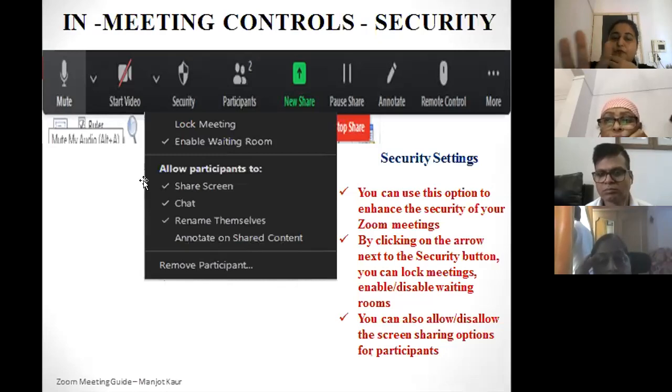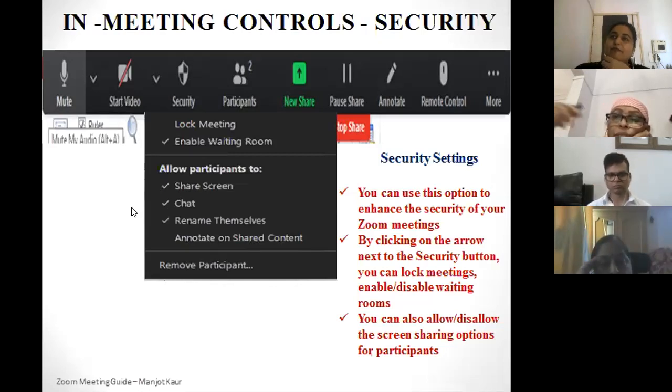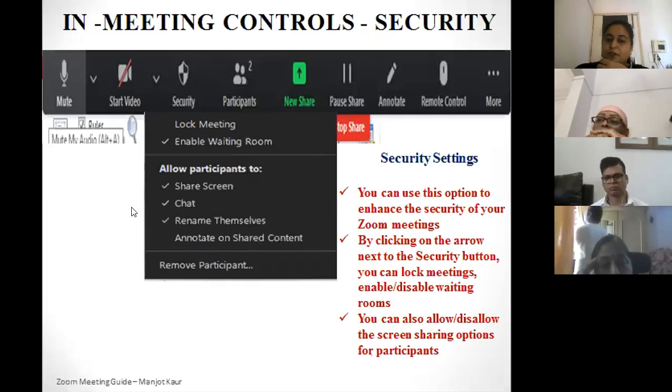If we are having a formal meeting, then we can allow all the participants to share their screens. But in case of an online classroom, I would not recommend having this option checked. When we are passing on information, sharing documents with the students, we should not allow them to share their screen with us, because it may just cause confusion in whatever is being explained.